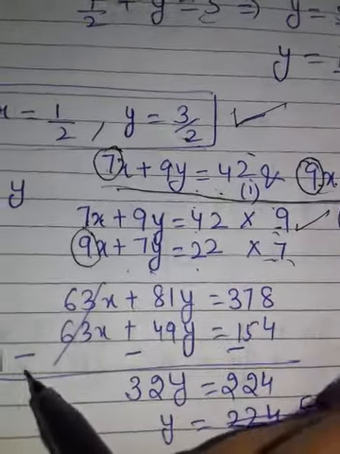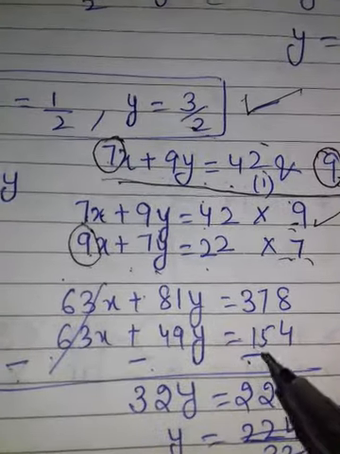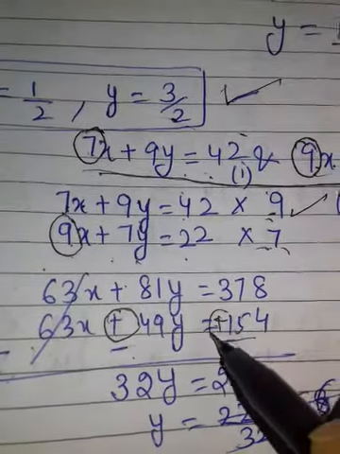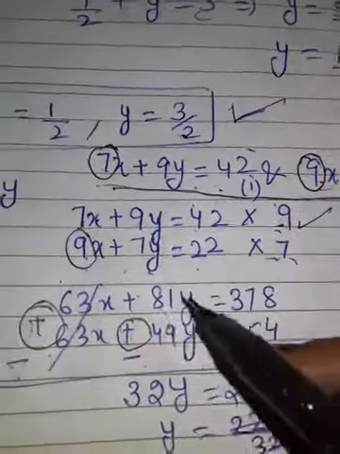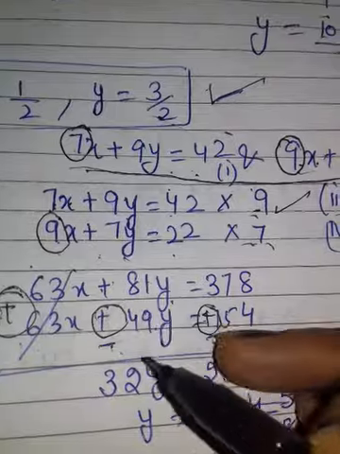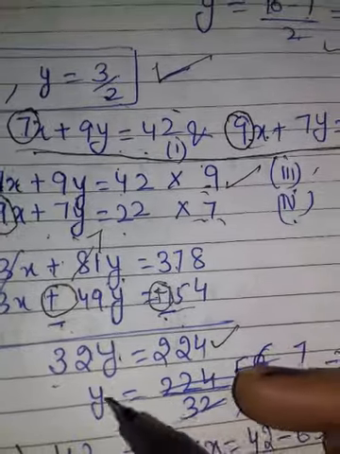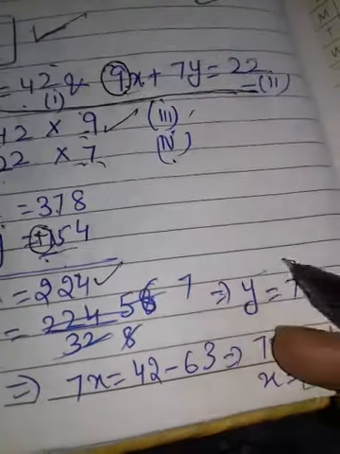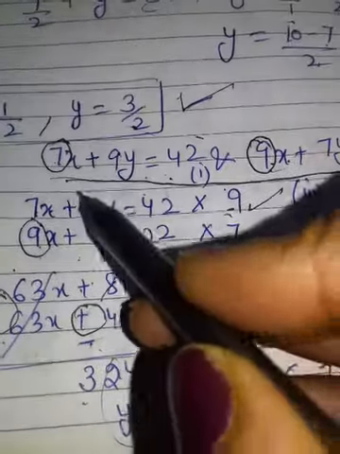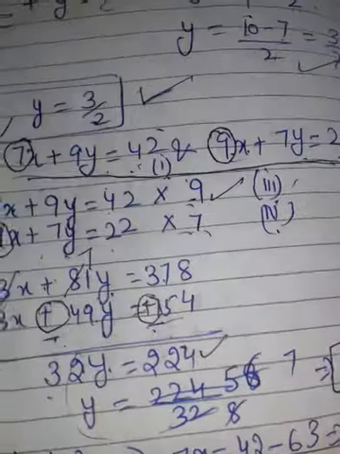Then you will alter their signs. Why? Because both have positive signs. So I altered their signs and it will be cancelled. So you will not see these signs now because I have subtracted them. Y will remain the same because these are like terms. 11 minus 2 is 9. It will become 7 minus 4 is 3. And here also I subtracted. Then you will divide, you will get y is 7. Then you got one variable's value. It is very easy. After that you will put it in any equation to find the value of the other variable. I hope you are getting it.